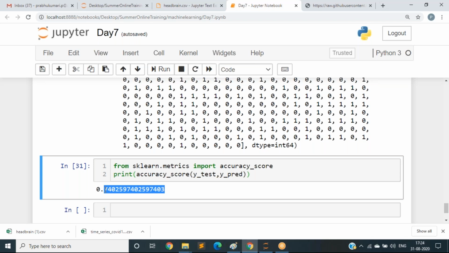That is one disadvantage of random forest. If you have any doubt with this algorithm, you can ask. Don't hesitate to ask your doubts.